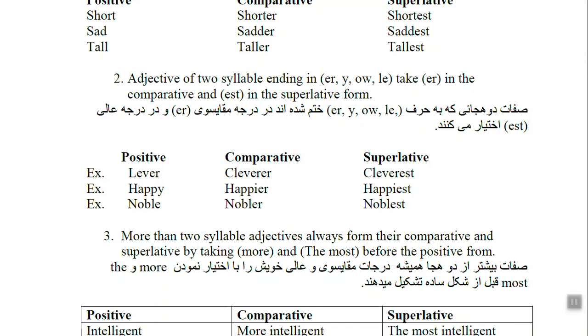Comparative cleverer, superlative cleverest. I'm cleverer than you. I'm joking. All of you are cleverer than me. Happy, happier, happiest. The happier you will be, the more you don't care about people, the happier you will be, or the happiest person you will be if you become successful. Noble,